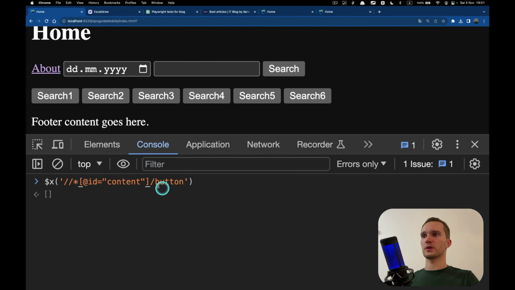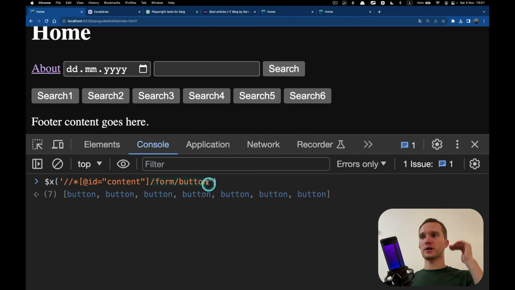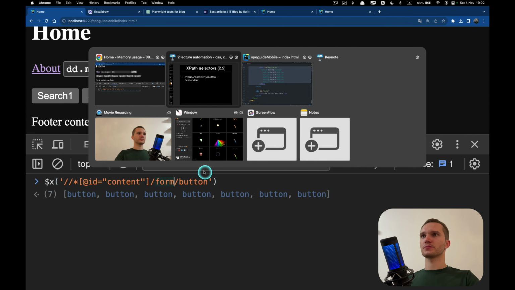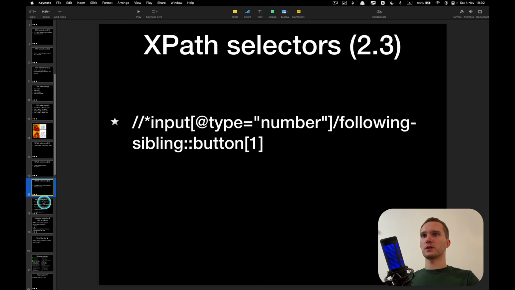So button, if we go to exact child of this element, we don't have a button, right? If we say look through all your children, grandchildren, all the way down, boom, it finds the buttons. And if we want to go exactly one level down, one level down, one level down, then we can put one slash, but that means that we have to put the tags for each level. Okay, moving on.